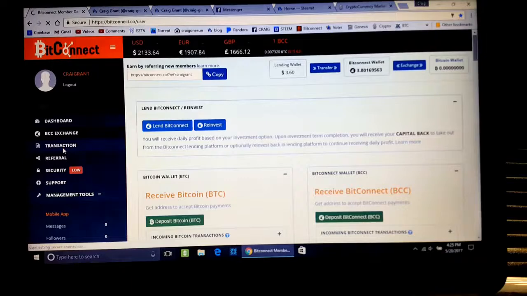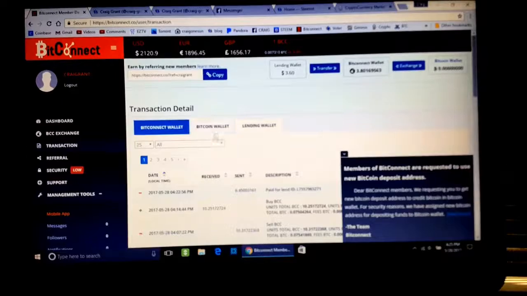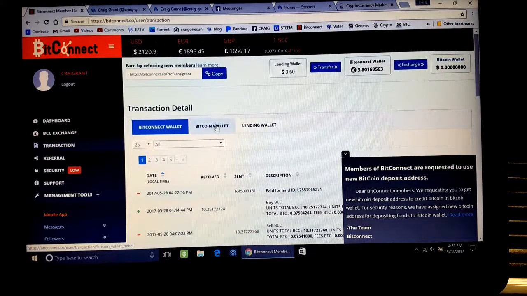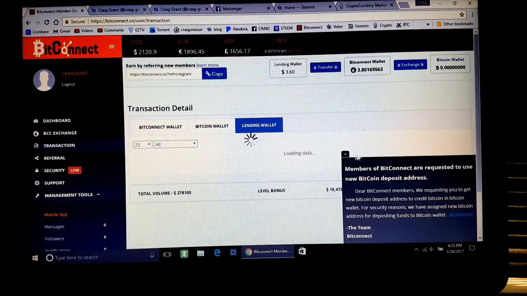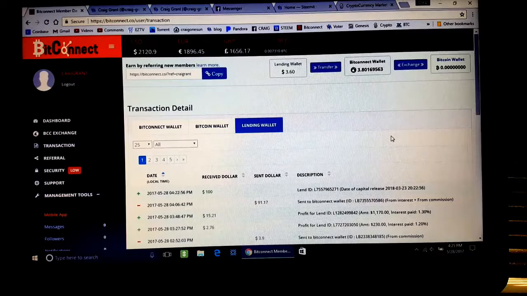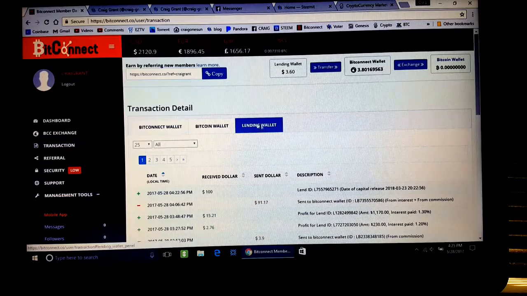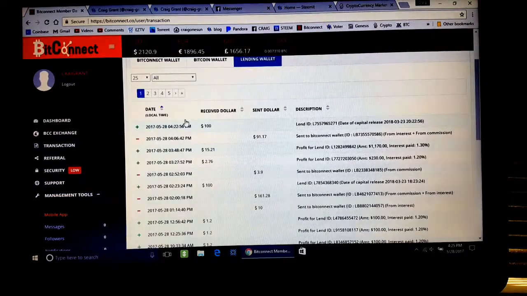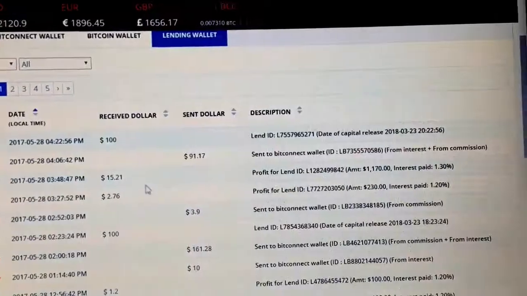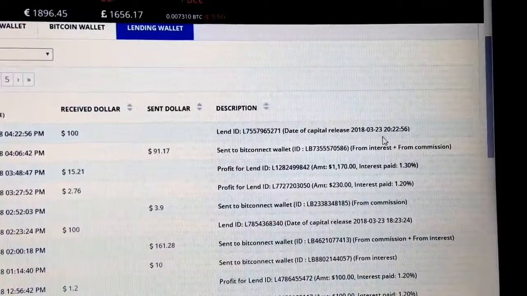Let's look at my transactions of the lending wallet. Now, you have transactions for the BitConnect wallet, the Bitcoin wallet, you sending and receiving Bitcoin. The wallet that everyone looks at is the lending wallet. This is where you see how much interest, like for instance, it says $360.60. Whenever I earn anything, it appears up here in this wallet. If I want to find out the details and the transactions, I go into the transaction and then lending wallet. So here it shows $100. I've just done a loan, right? And it says lend, date of capital release, and it shows the date of when my $100 will be released